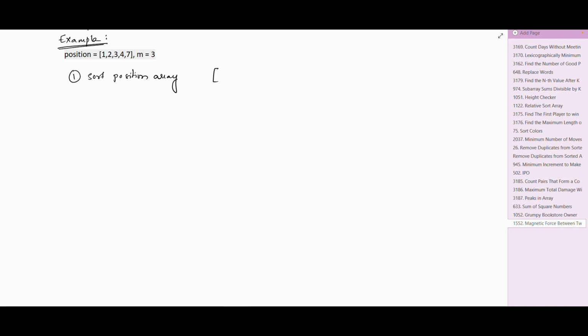So after sorting, the position array will be here. The array is already sorted, but after sorting, the array will be 1, 2, 3, 4, 7. And I will do a binary search in the range. So the minimum result or the low is 1 and high will be